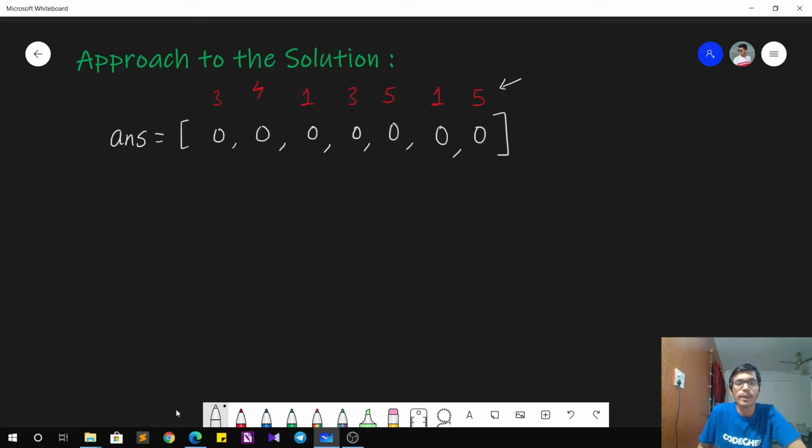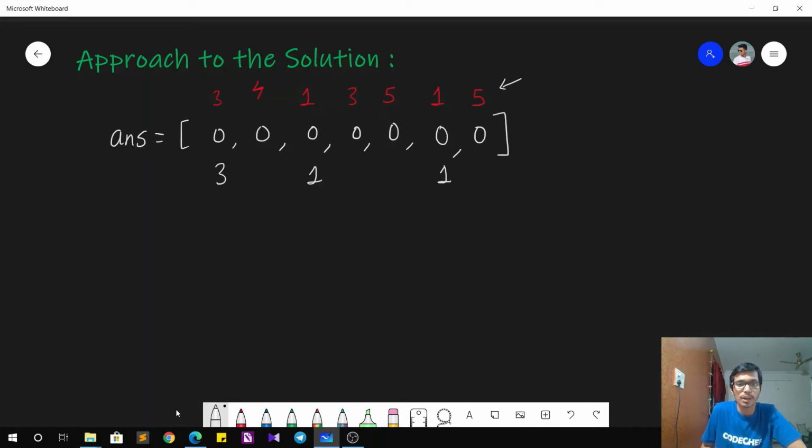So once we find the element 1, we will fix the positions. So we can clearly see that 1 will occur at two places over here. Now once we have fixed the position for 1, we will now use the queries to find the next smallest element that is yet to be found, which is 3, and then again we will fix the positions for that